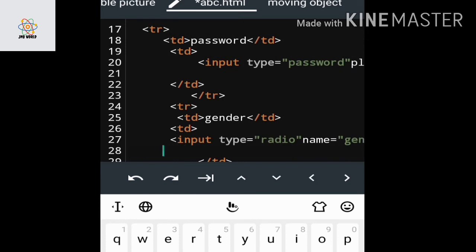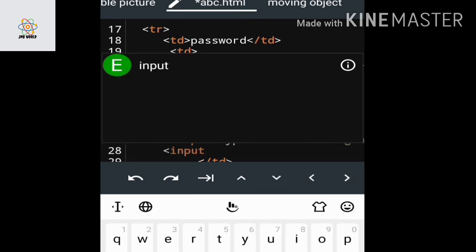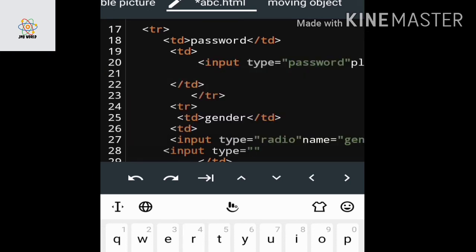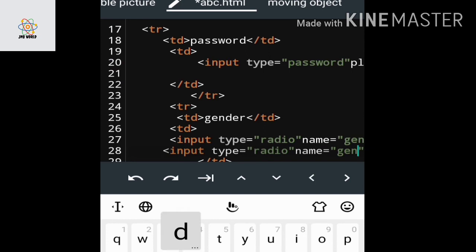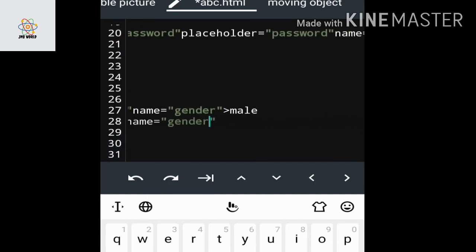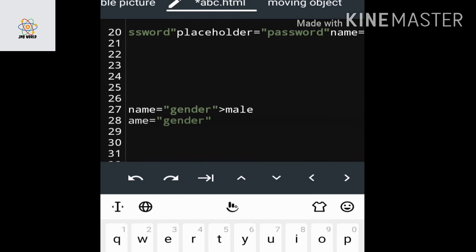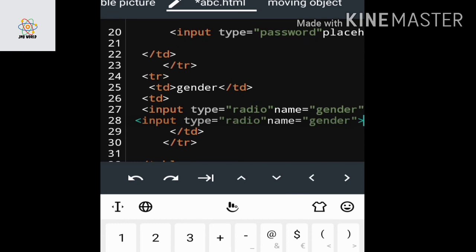And again I have to give another input for female. So again on the same line, input type radio, name equal to gender, and here I give female.